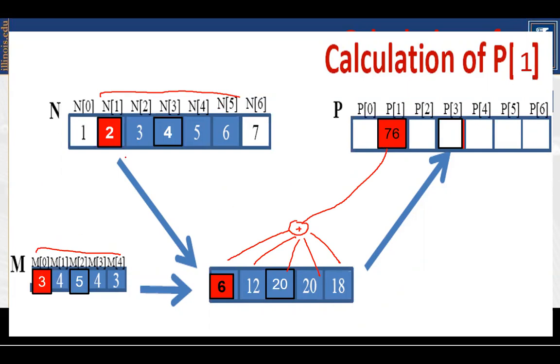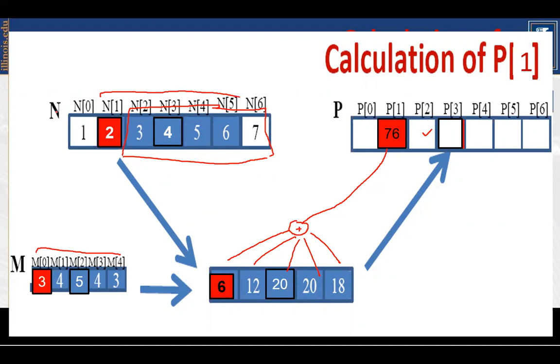Again, I will slide the filter to the next position. And what will I calculate? If I put the filter here and carry out multiplications here, I will calculate P2. Okay, so that is how you can keep sliding this window and keep calculating the output.